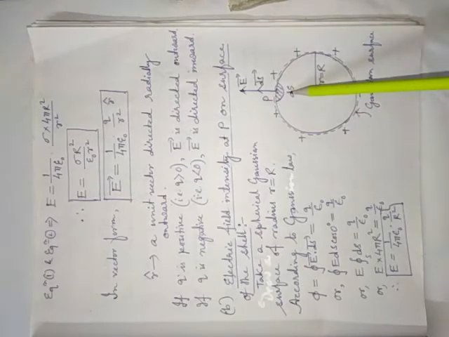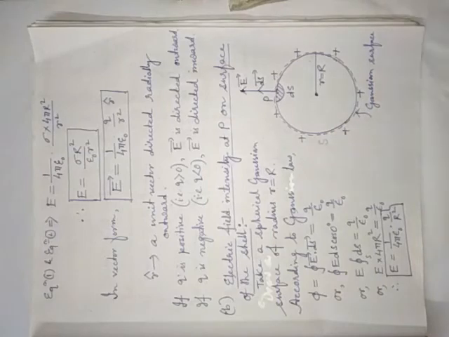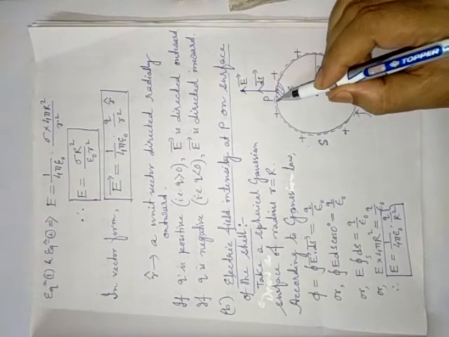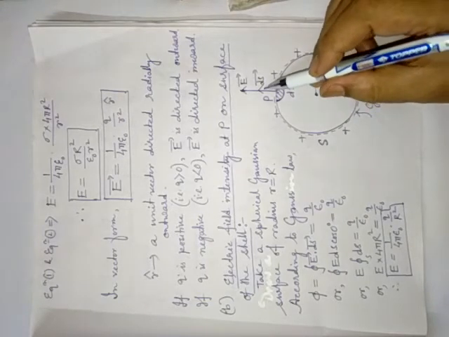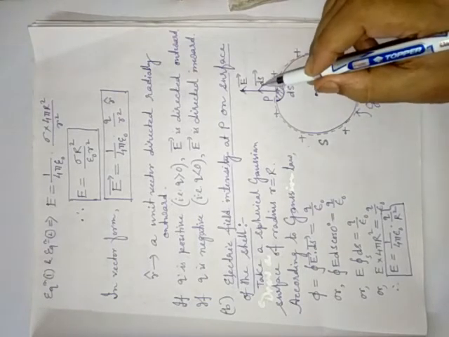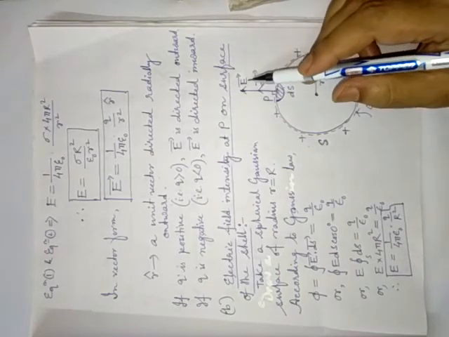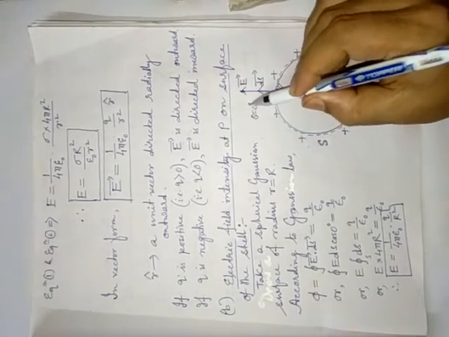And I have taken a small portion of the Gaussian surface. The Gaussian surface has area what? Area capital S. That's why the small element area of the Gaussian surface is ds. Now the area vector will be perpendicular to the surface, and the electric field is always perpendicular to the cell. That is why this time also the E vector and ds are parallel. That means theta equals 0 degree.